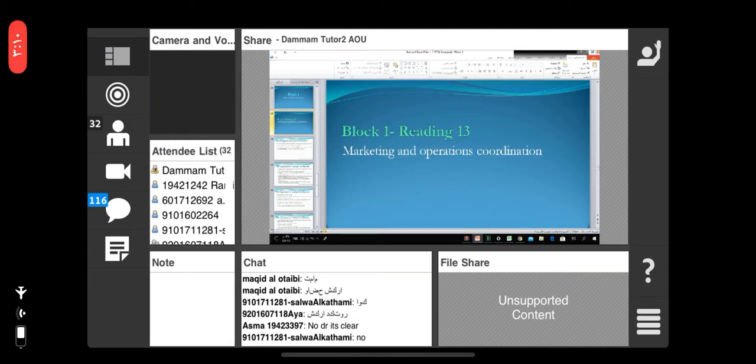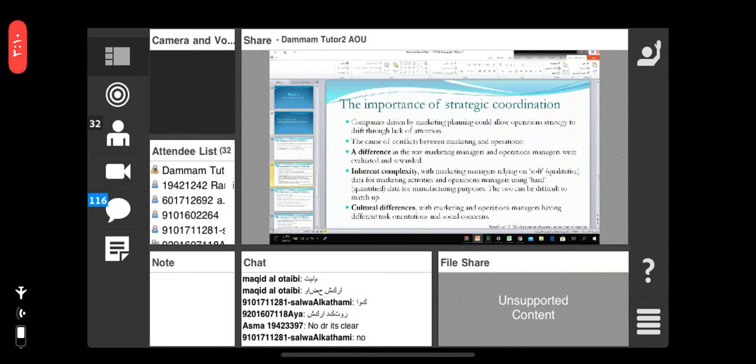Very good. طبعا الآن خلصنا احنا الماركتينج والاوبريشن. What we need to do now, we're trying to coordinate الاوبريشن مع الماركتينج. Is that possible or not? طبعا what we call operation ايش نسمي الاوبريشن